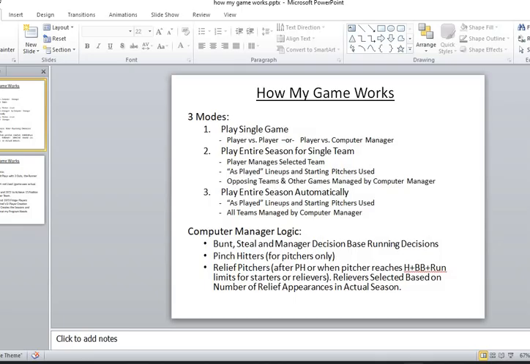And the last way to do it, and I'll do this a couple times also, is you can have it play the entire season automatically with as played lineups. Starting pitchers are used, and then the computer manager does everything from that point. It plays all the games in order, and then it shows you the results at the end. So the computer manager has